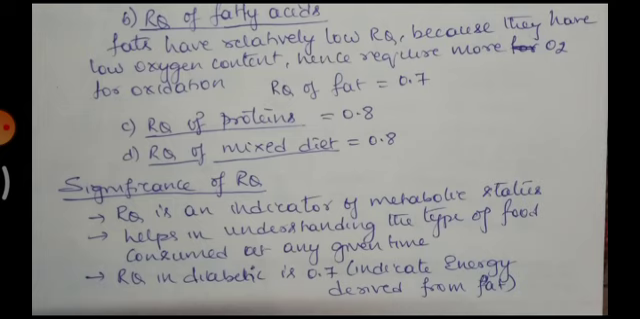Significance of RQ. RQ is an indicator of metabolic status. It helps in understanding the type of food consumed at any given time. And RQ in a diabetic is 0.7. So what it indicates is, if you eat any food in the morning or any time, and without asking you, we check the RQ value of your body, we can easily guess what type of food you have